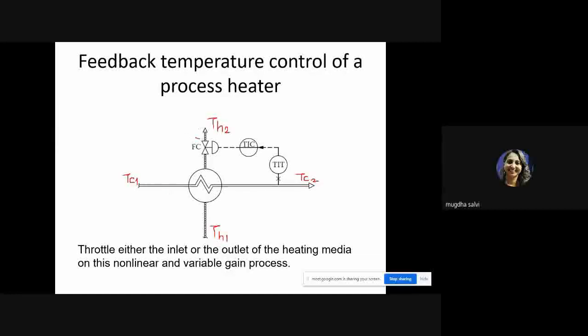Also, if you observe, this valve is fail-to-close because now we are dealing with a hot fluid, or basically we are heating it. So, from the safety point of view, as Smith mentioned, if the signal to this control valve fails, since it is fail-to-close, it will stop the heating media flowing through the heat exchanger, thus maintaining the temperature TC2 at a particular level.